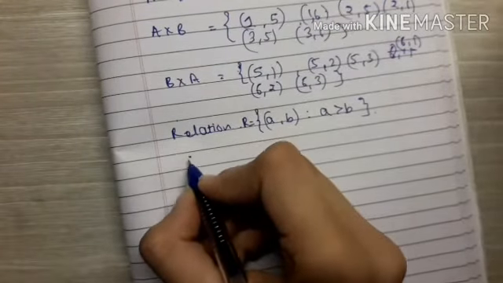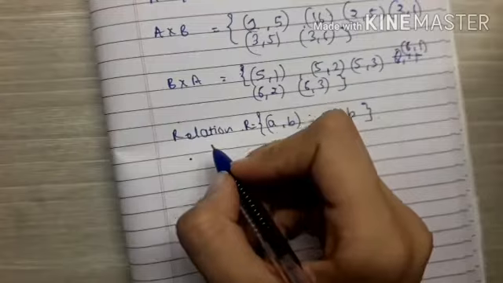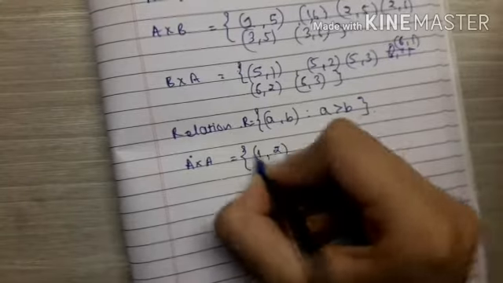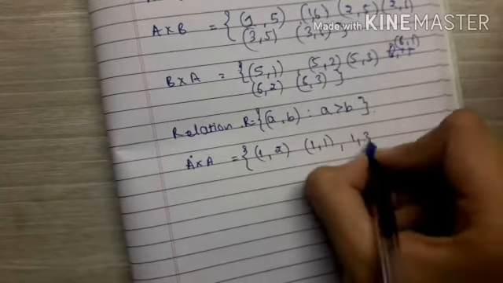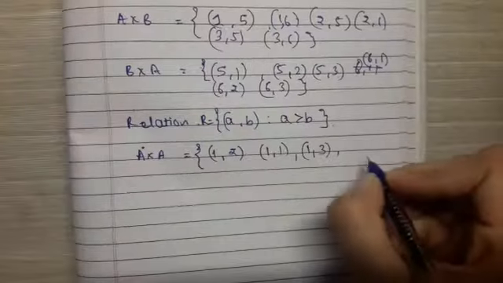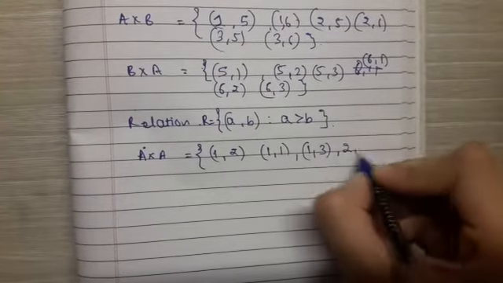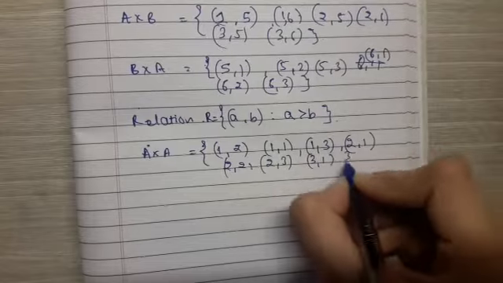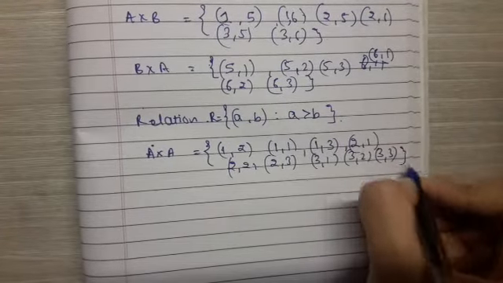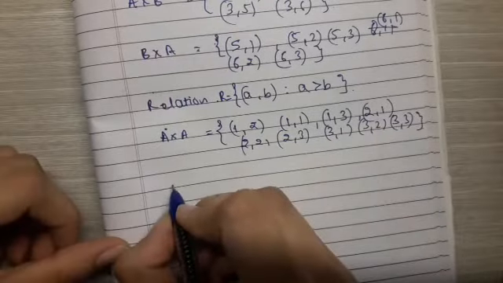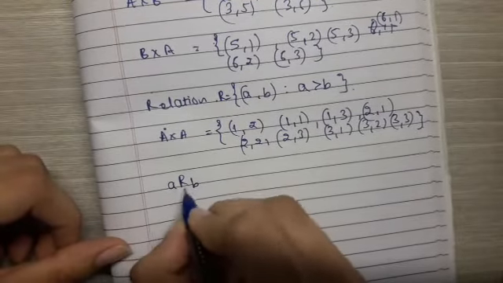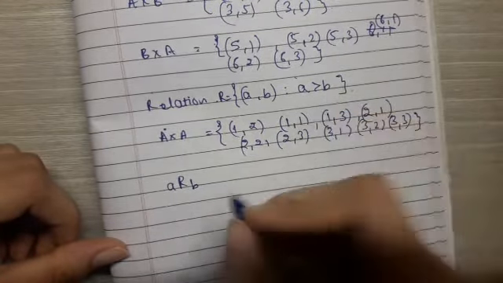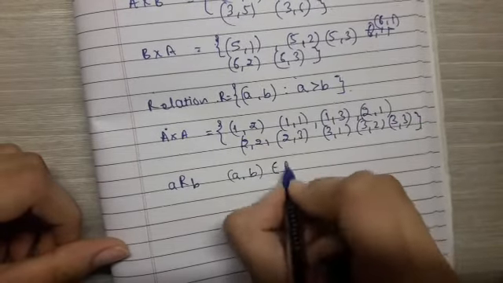So let's go ahead and check. The Cartesian product would serve to be our universal set in this. So A cross A, as we were discussing, would be (1, 1), (1, 2), (1, 3), (2, 1), (2, 2), (2, 3), (3, 1), (3, 2) and (3, 3). Okay, so now let's define the relation from A to B. This is how we represent it. aRb means the relation from A to B, where a is greater than b. (a, b) belongs to R.